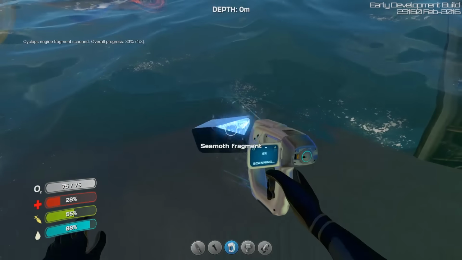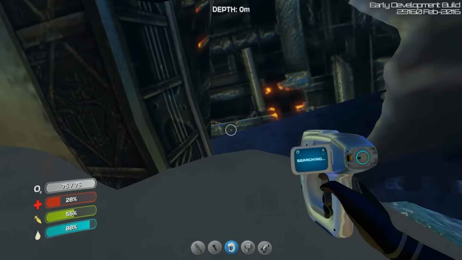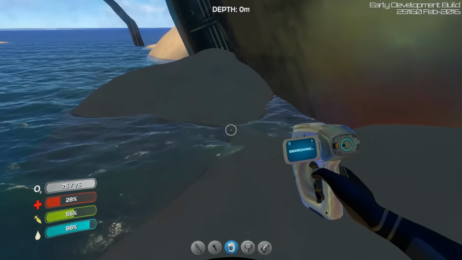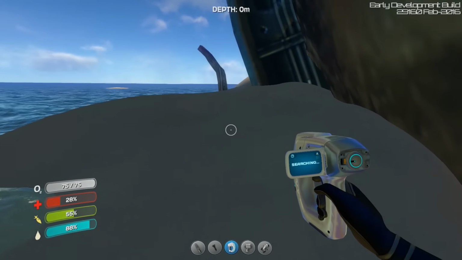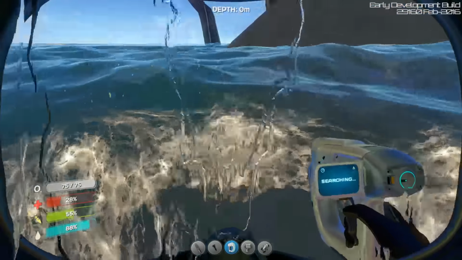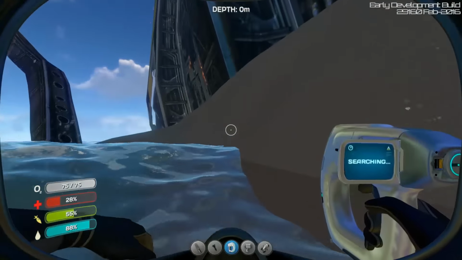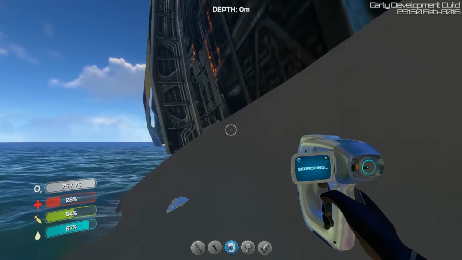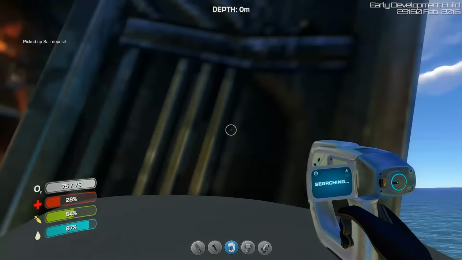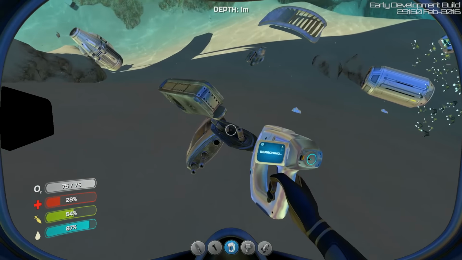Look at this. Sea moth fragment. Oh, my friend. Not interested. So I'm not quite sure actually if we can get into this or if we can do anything with it or if there's much point in us being here. But there seems to be some pretty cool stuff nearby at the very least, and a lot of supply crates, which mostly just seem to be containing... we'll grab some salt real quick. Mostly just seem to be containing a whole lot of disinfected water, which is a little...